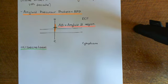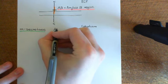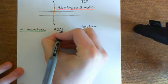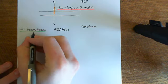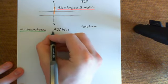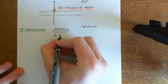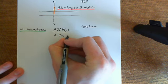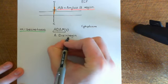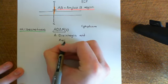Okay, however, there is a main alpha secretase enzyme. There is one that we believe is most involved in doing this. Now, this enzyme that we believe is most involved in alpha secretase activity is known as ADAM10. And in fact, all the other alpha secretases that we've found are also members of this ADAM family of enzymes. Now what does the ADAM stand for? Well, it stands for A disintegrin and metalloproteinase. So the A is for just A, and then the D is for disintegrin, the second A is for and, and then the M is for